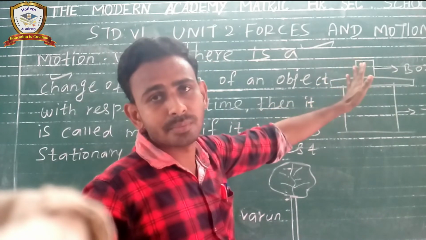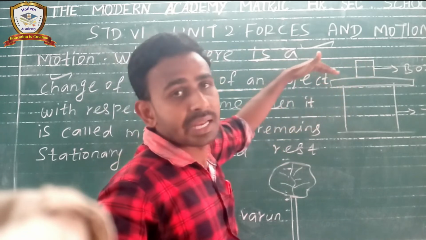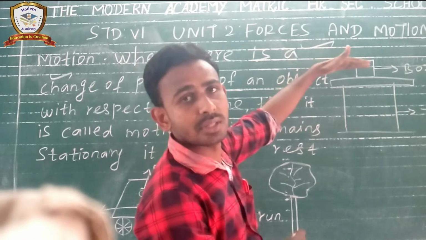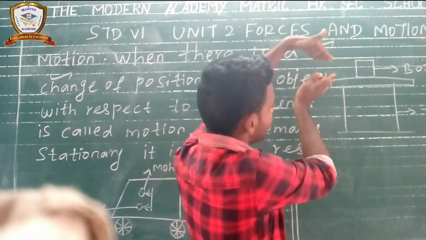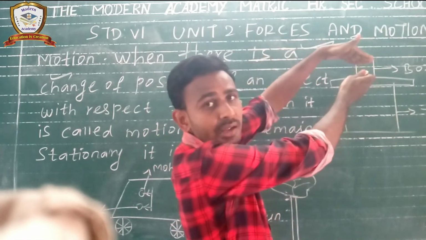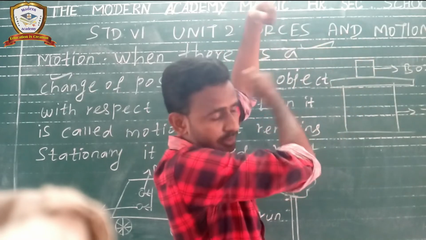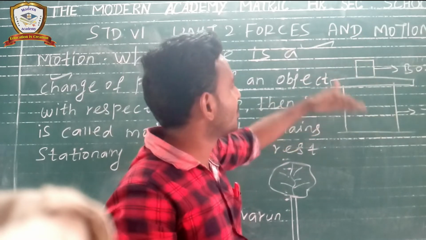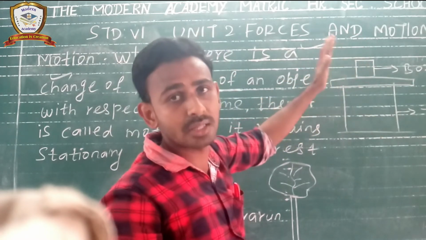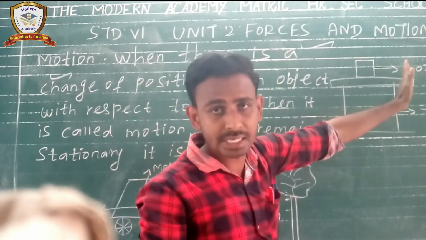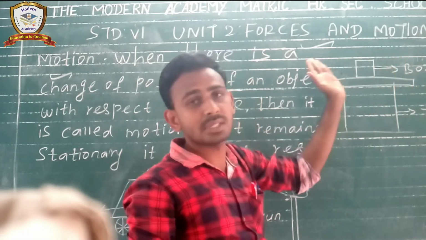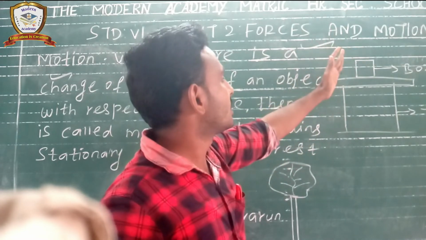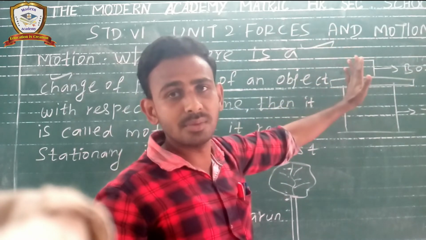For the box to move, yes, we have to apply an external force. External force is nothing but a push or pull. That means we have to push, that means move that box from this place to this place, right? Or pull. Pull means just backward, right? So this is the meaning of push and pull. We have to push or pull this box, then only will the box move from this side to this side. That is push. Or this side to this side, that is pull. So push and pull are the two different words related to the motion topic.